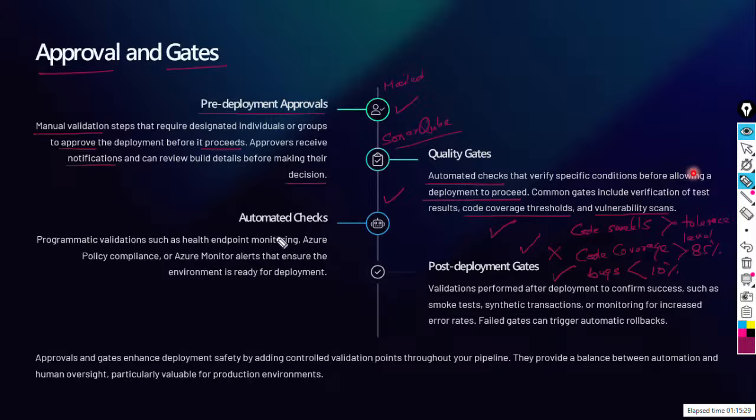Now, there are some automated checks. This is a quality check. And these are some functional checks. So programmatic validation such as health endpoint monitoring, Azure policy compliance, Azure Monitor alerts that ensure the environment is ready for deployment. So if everything is fine, that means